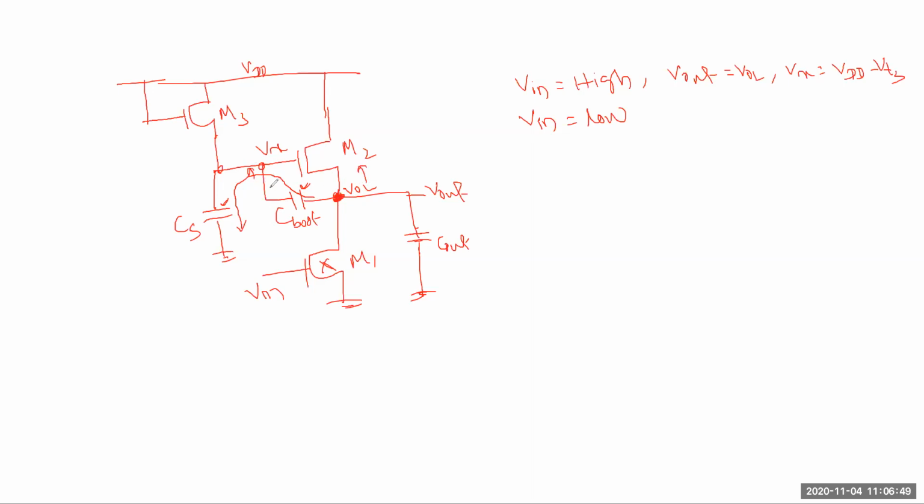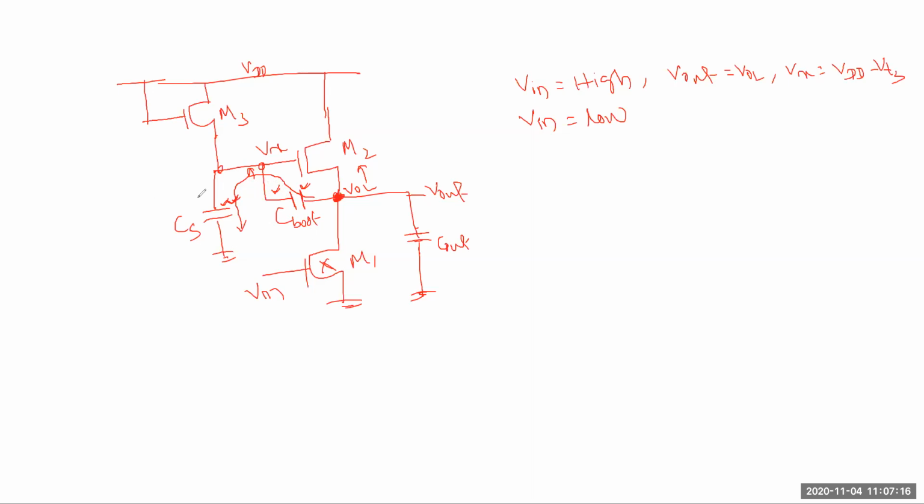Once the transient current flows, if this voltage increases, again this voltage will increase. Yes or no? Because at steady state this is charged to a fixed voltage. So if this voltage increases, again this voltage will increase. That means a transient current is flowing in this path. Though there is one path here, we can say the same current is flowing in this path and in this path. Yes or no?